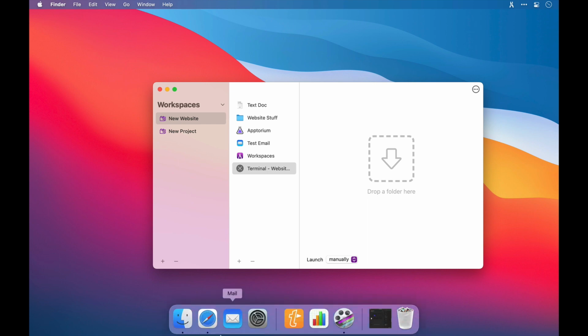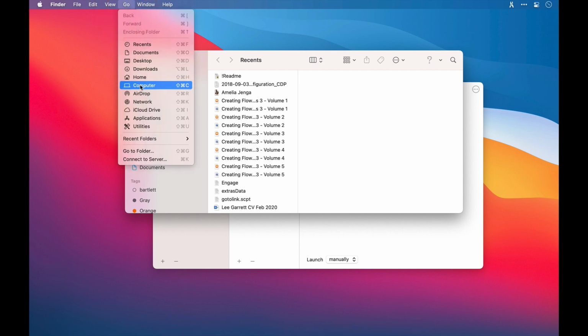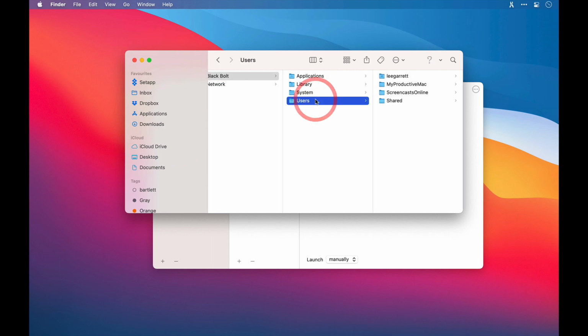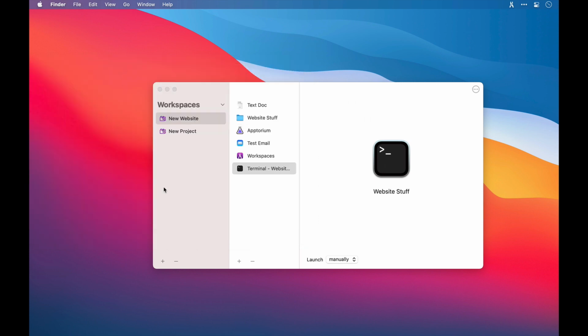And to select the folder, I'll activate Finder again. I'll go to the folder that I want to add. It's not there on screen actually, so I'll go to Computer, then trawl my way through to find that folder that I would like. This also helps you see the path as well, so it can validate this when I activate it later. Then I'll move this across, I'll drag the folder in. There we are. Okay, let's close this. Let's take a look at what we have next.